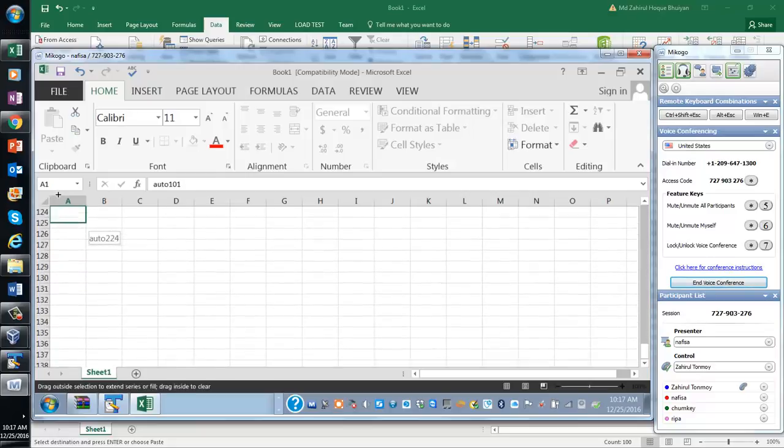I can see the screen, it's only for you and Nafisa, but I cannot see the middle of the screen. You cannot see the Mikiko screen. Can you see I am working on Excel? No. Do you want me to log out and log in? No, hold on. Hasina, can you see the screen?